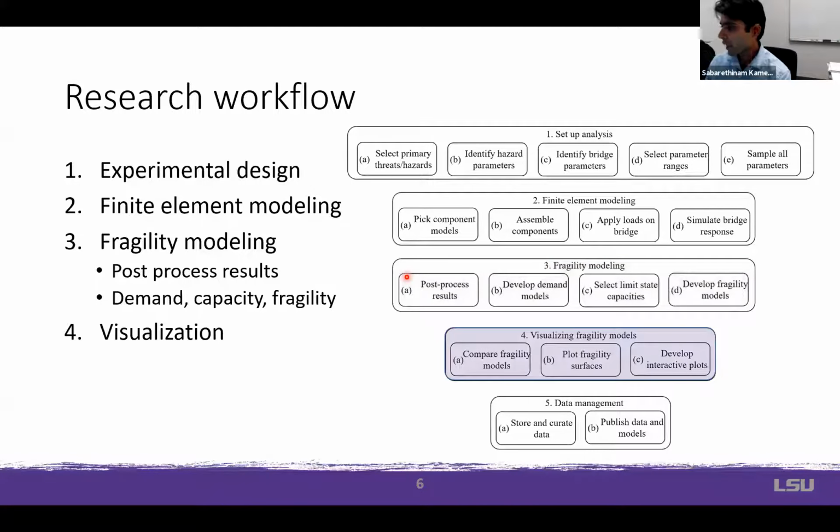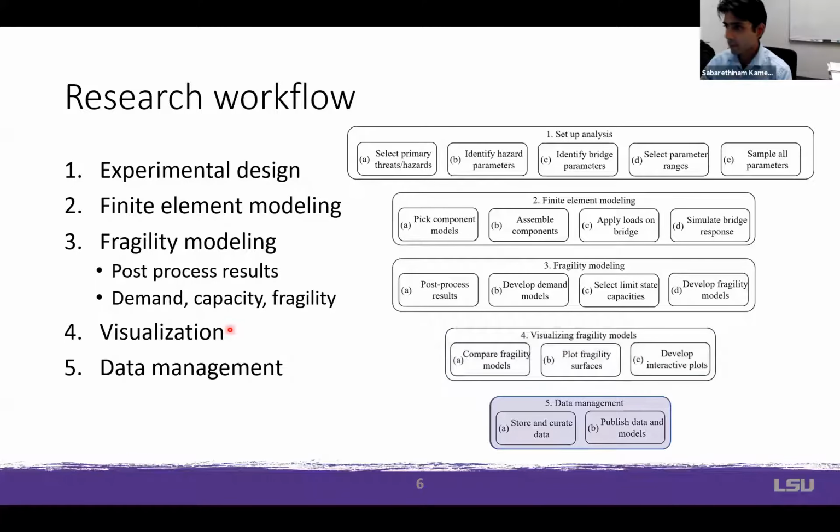And finally, we can have visualization of the results. That is, we are now presenting the results. This could be for our own purposes internally, for example, if you want to see how things look, or we can also publish or create interactive tools where others can interact with our results. I'll be showing a brief demonstration using Jupyter notebooks where we can create widgets where people can change parameters of the bridges and see how fragility changes.